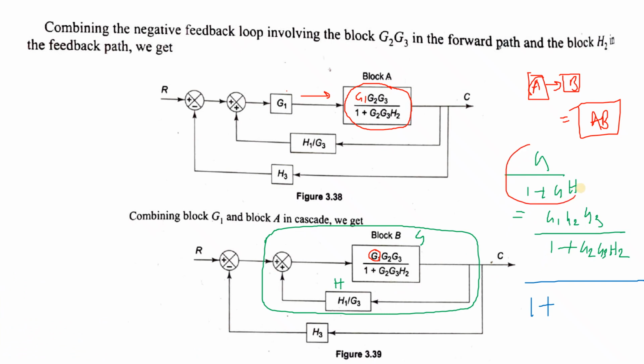Are you getting my point? This one is the numerator. We are writing in this form. So this is equal to, this is G. So this entire thing is G. Then 1 plus G. Then again we will repeat this. Okay, it becomes very complicated, but this is the only approach. Okay, we have to do it like this.